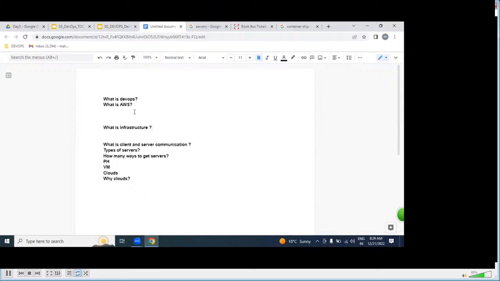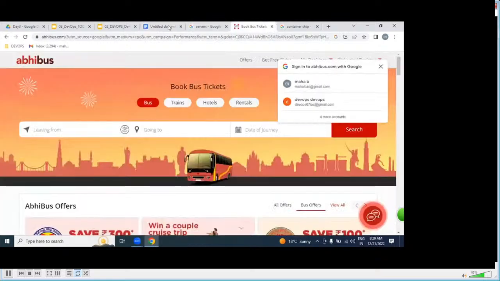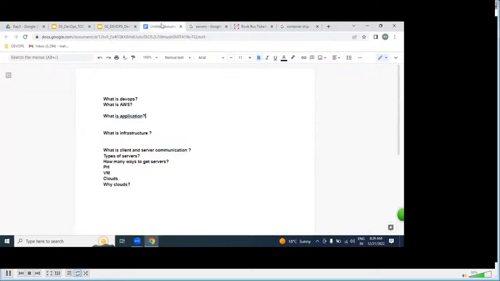So first, what is an application? Simply a website. For maintaining and deploying our applications, meaning websites, we require infrastructure or not? But what kind of infrastructure do we require?